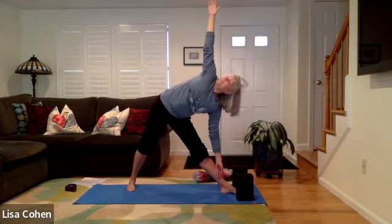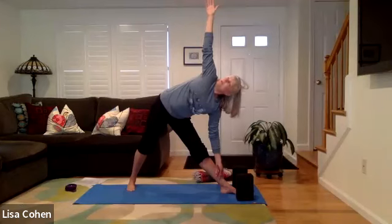Notice the legs working here. Takes a lot of focus. If the mind checks out, that's when we tend to have a problem with balance. So just keeping the breath flowing evenly and smooth. Now on an exhale,